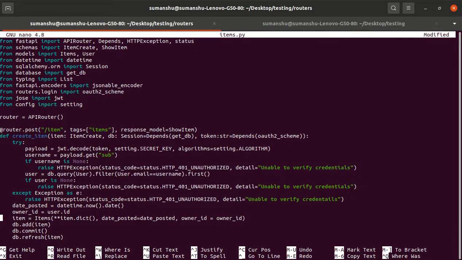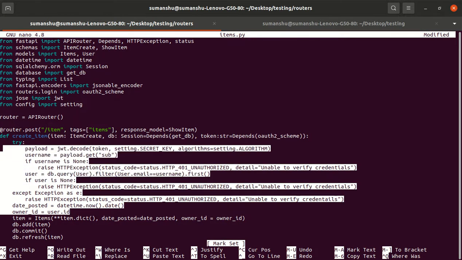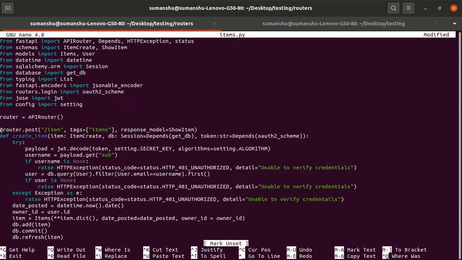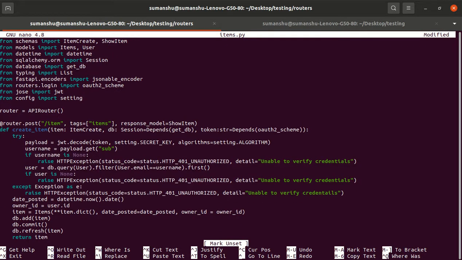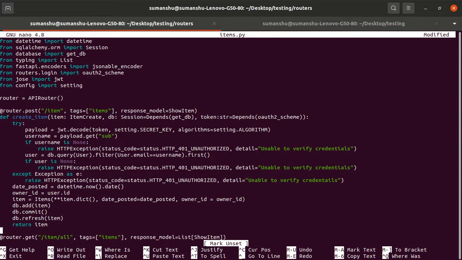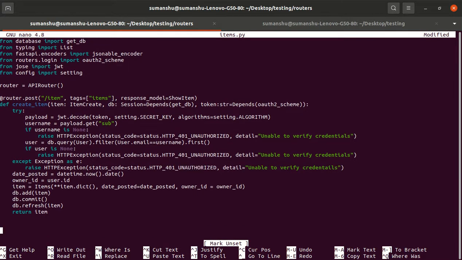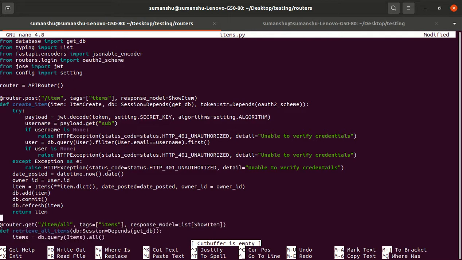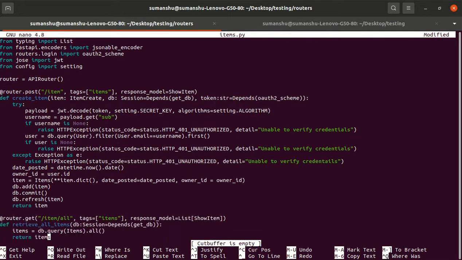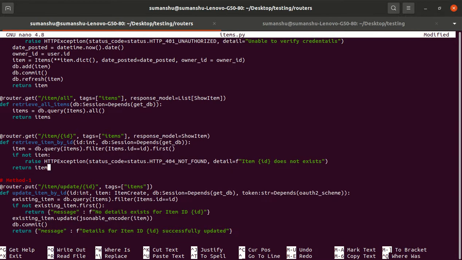No. It is setting the mark only. Mark and set, no. I'm not sure how to do that. Copy, one minute. Control U. No. Unable to copy. Anyhow, let me rewrite the code again. No problem.